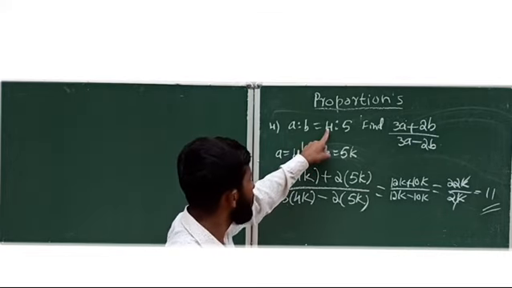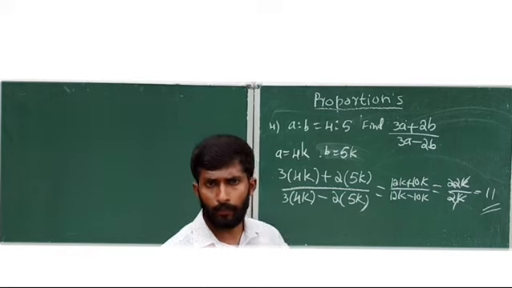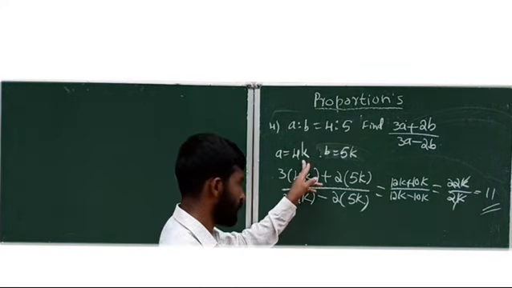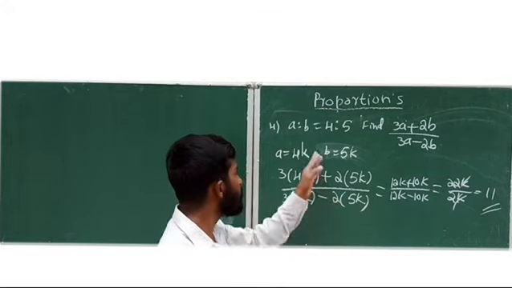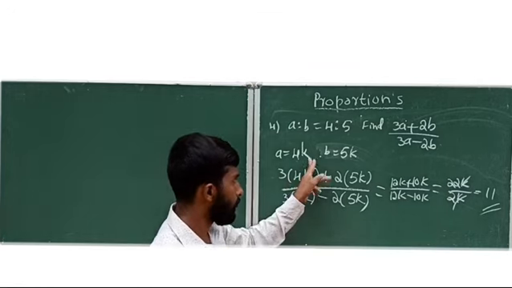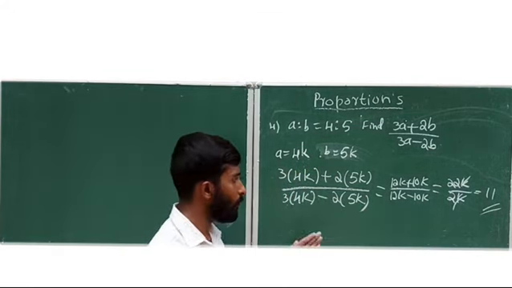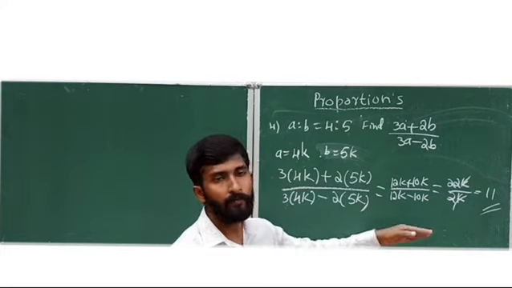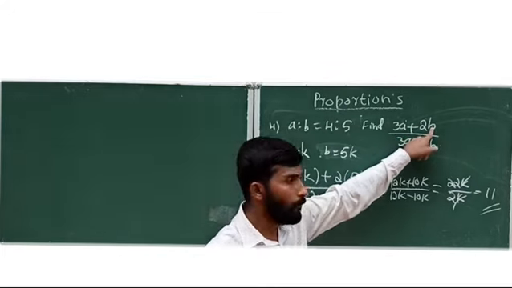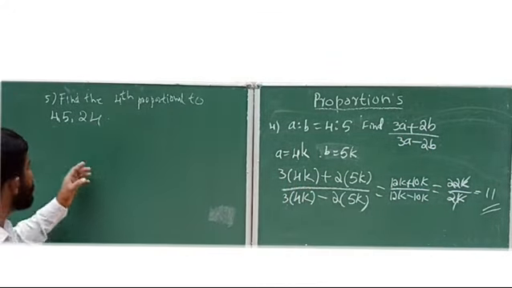If you substitute directly A equal to 4 and B equal to 5, again you will get 11 only. But if it is a 2 mark question, you need to follow this procedure, because the meaning of A ratio B is equal to 4 is to 5 means A equal to 4 into some number, B is equal to 5 into the same number. Using the actual procedure, you need to solve like this. If it is a 1 mark question, directly substitute 4 in A's place and 5 in B's place, you will get 11 only. See the next question.